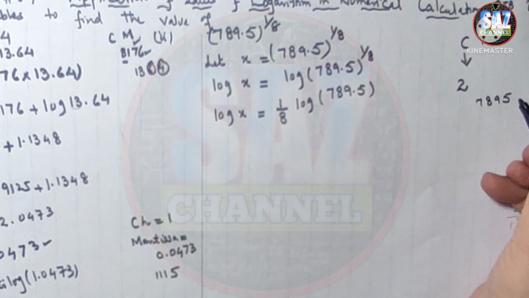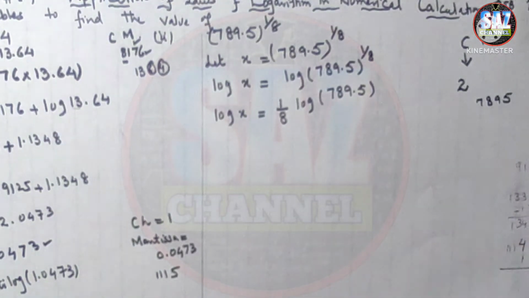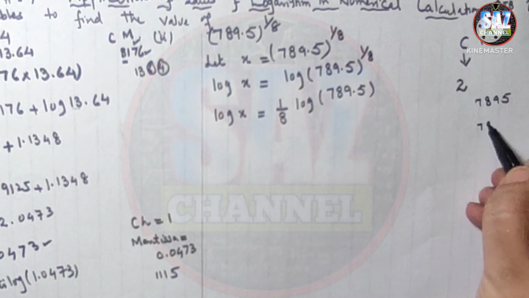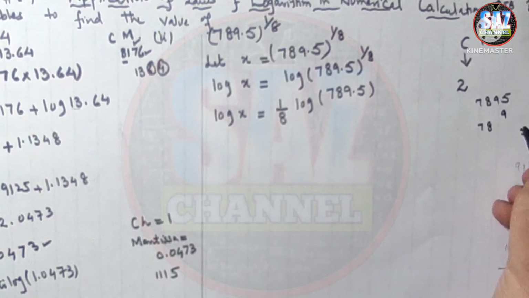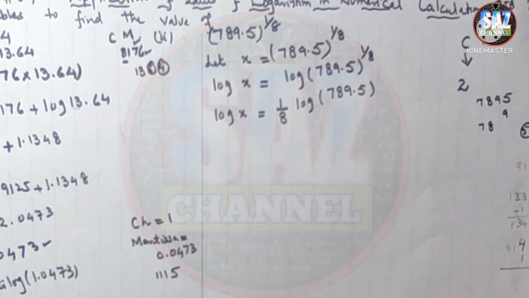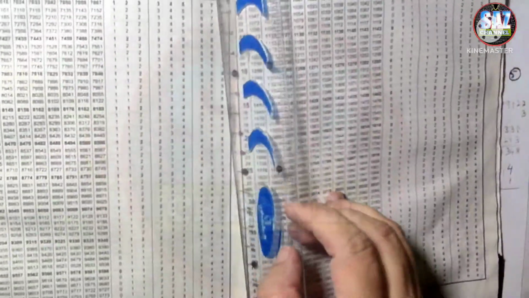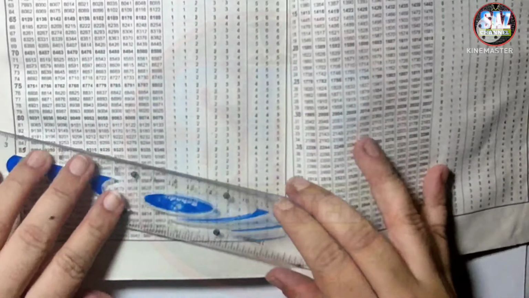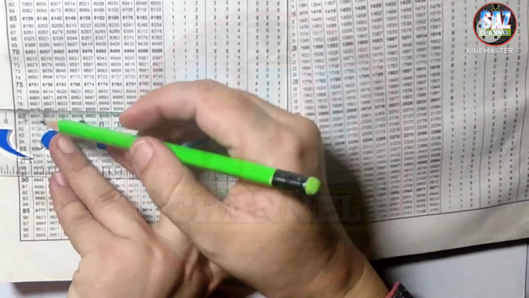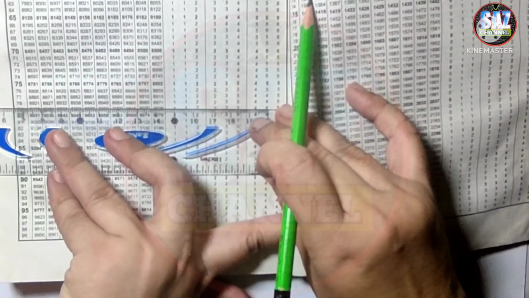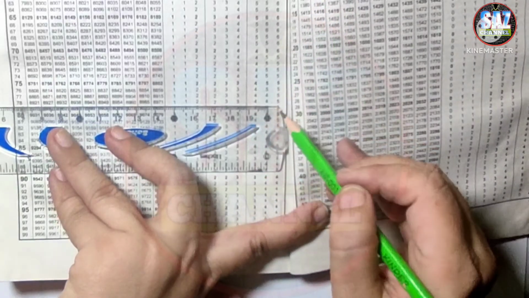Now we have to move into the log table, and we have to locate first 78 in the column of 9, and then locate the answer in the difference column 5. Okay, 78, let me keep the book here. Here we have to locate in the log table. 78 has to be located in the column of 9. Let me keep the ruler clearly. This is 78, and in the column of 9,